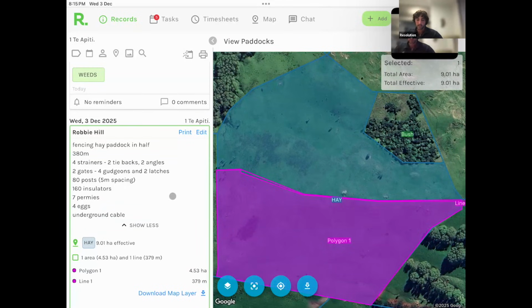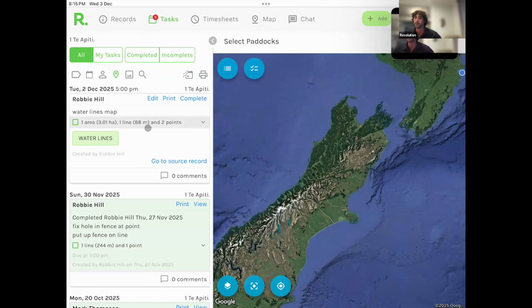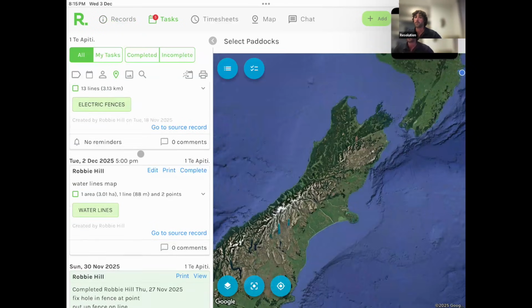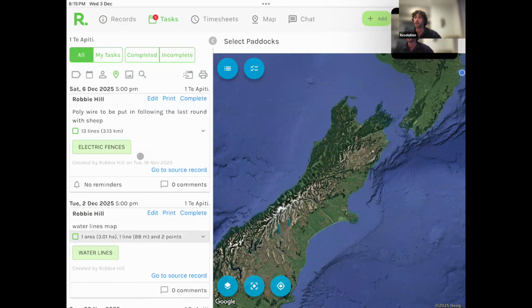So what we'll do now is jump over into some tasking here. Okay, so again, this toolbar is down the bottom on your app, but on the web version here, we can go into task. So I've got two in here. The first one here